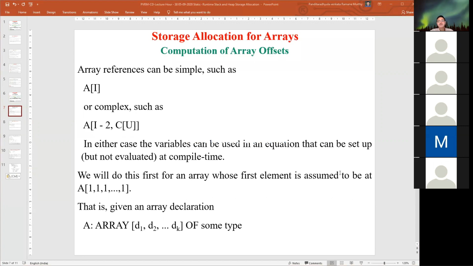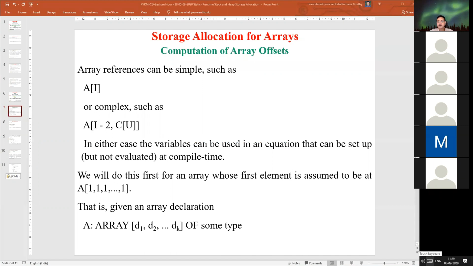Every array has a base address, and with the help of the base address and using the offsets we identify the memory location of each and every variable in the memory.